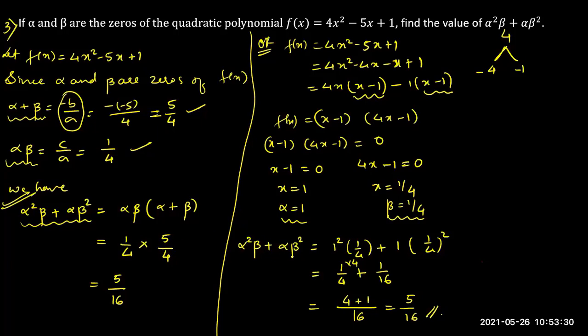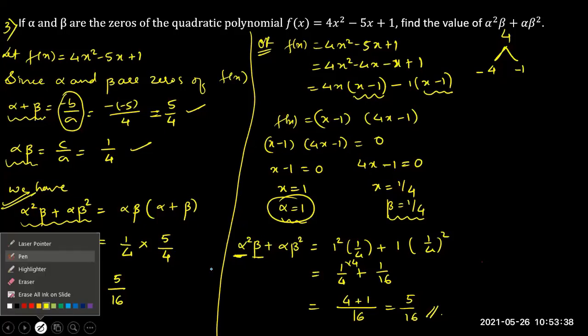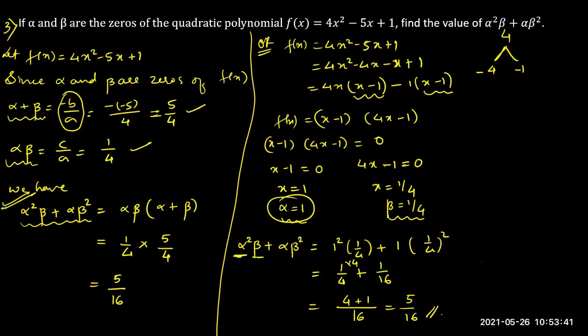You can convert it, but it is not required because already we know the alpha value and beta value here. Correct? So directly you can fill those values only. But in the first method, what happened? We did not know alpha and beta values. We knew only alpha plus beta and alpha into beta. So for that reason, we converted into this form, alpha into beta and alpha plus beta, and we filled in the values and found it. But here we know alpha and beta, so there is no need to convert it. Directly we can write it, no issues. If you convert and write also, no problem.